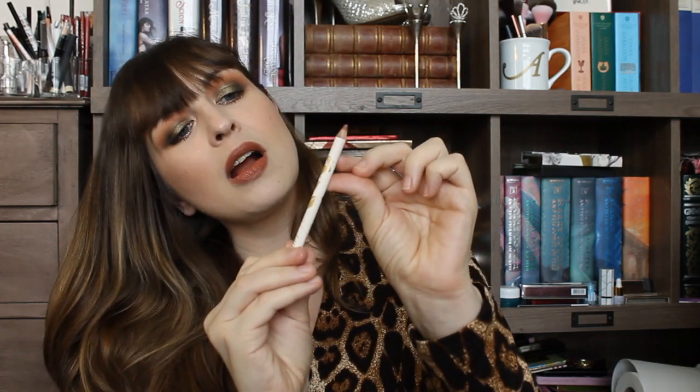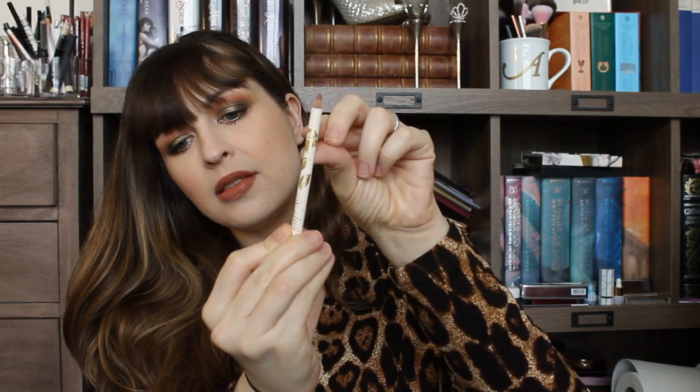I am learning my lesson when it comes to setting goals. As much as I would love to say, yes, I'd like to use this guy up entirely, I know that for me that's just not realistic. So what I'd like to do is be able to get down to the top of the gold leaf rose. So if you can see right there, kind of where the top of the flower starts,